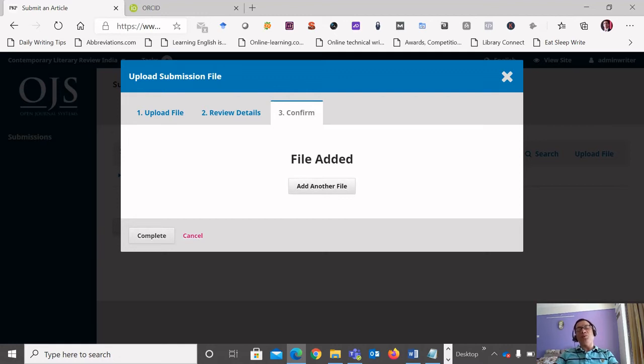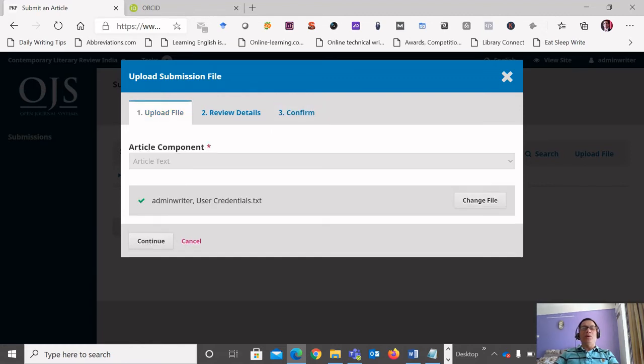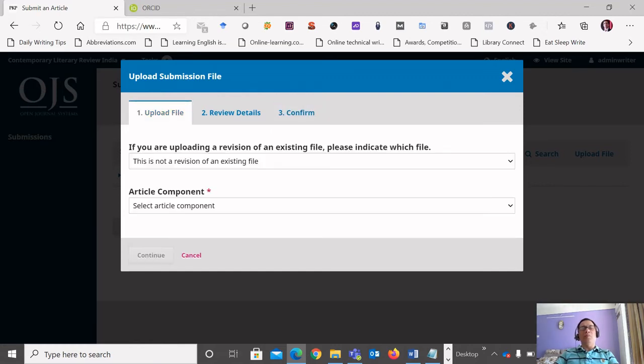For example, I want to upload other types of files. I am going to upload my bio and my picture, so I will include both of them. If you are uploading a revision, it is confirming whether you are changing the file or adding a new file.